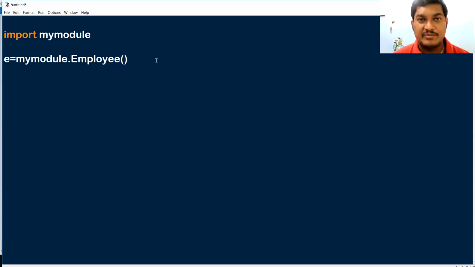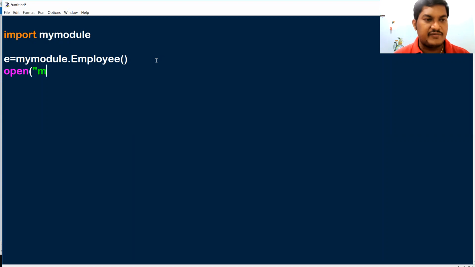But actually I want to write this object into the file. If you want to write the object into the file, what is my requirement? First of all, we need to open the file in write binary mode. If you want to write objects and read objects, the file should be opened in binary mode. So how do we open the file? There is one beautiful function provided for you: open. What is the name of the file?